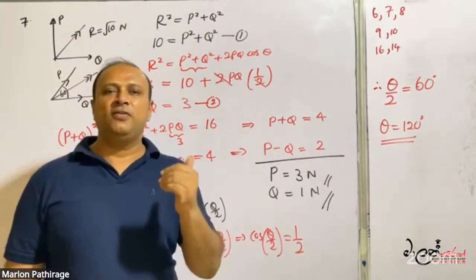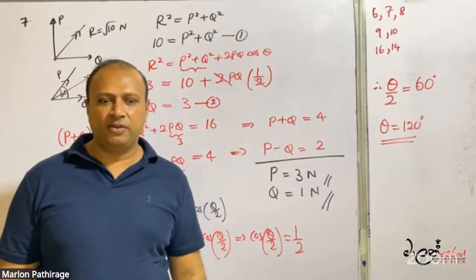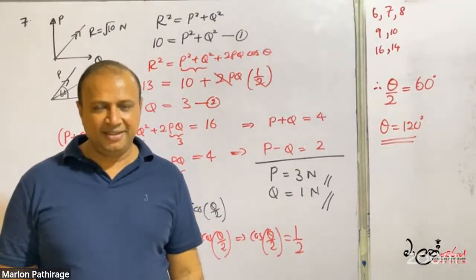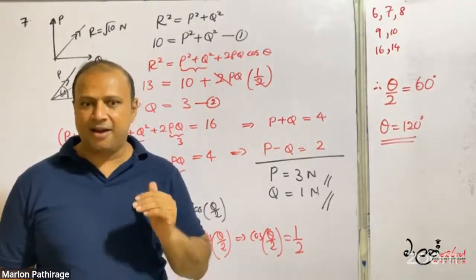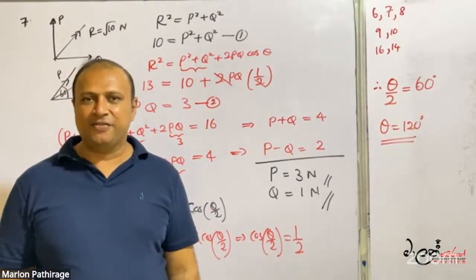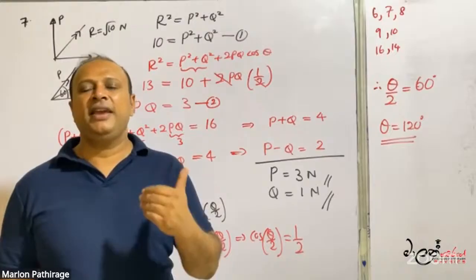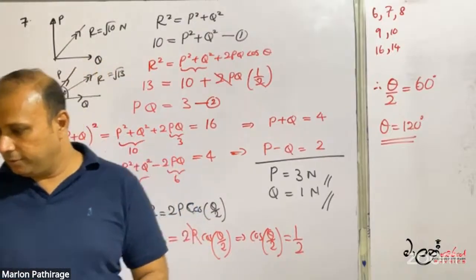Then what is the value of cos 60? That is half. Therefore, if any cos value is half,